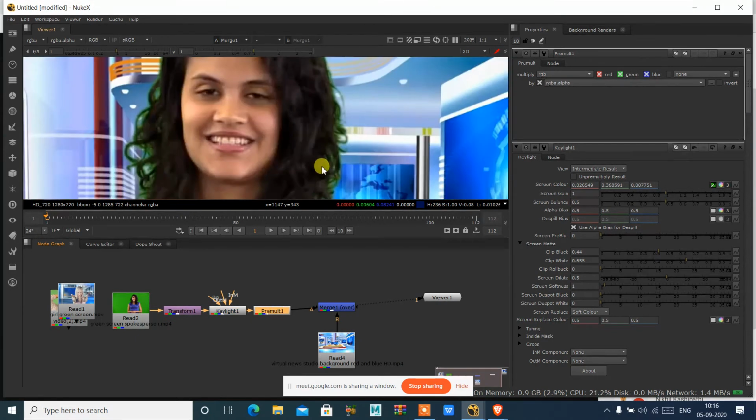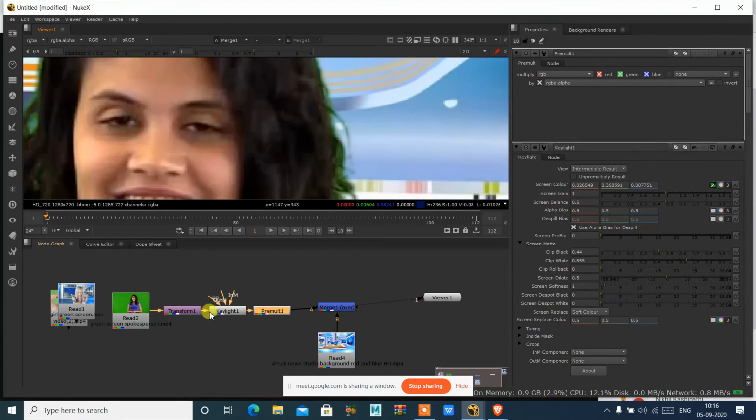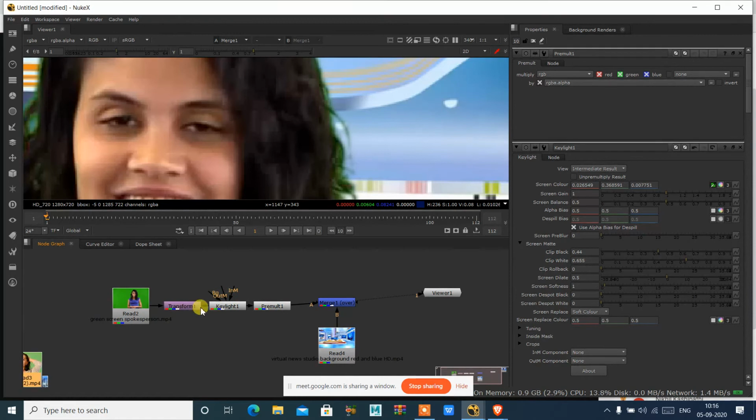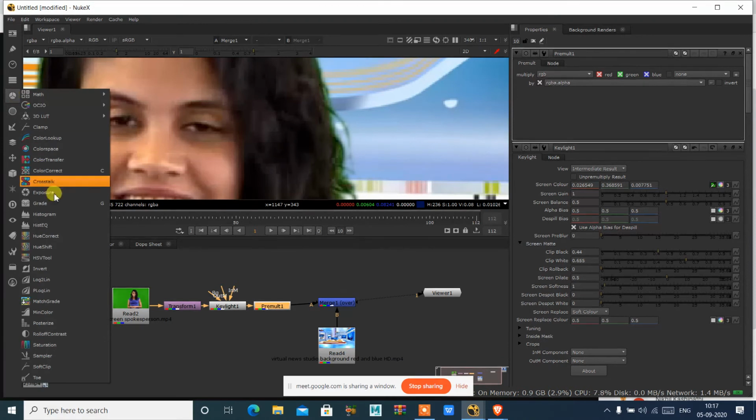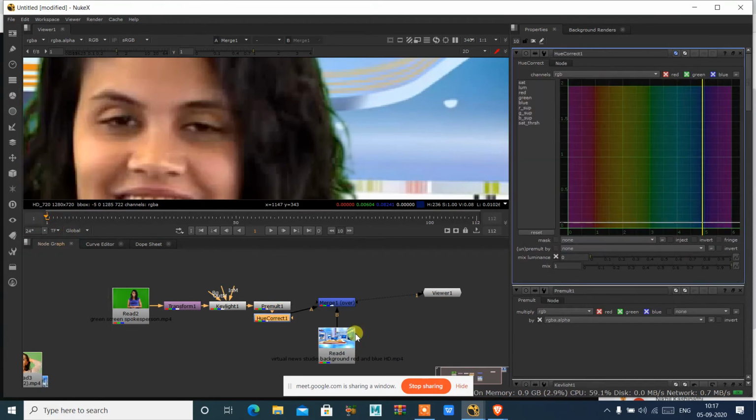Now to remove this kind of spill, what node will we be adding this time? Select the pre-mult, go to the color option, and here you have something called hue correct. Click on that. Which color has to be suppressed here? This is the green color, which is what we want to remove.